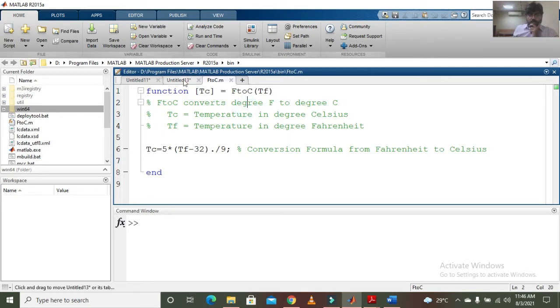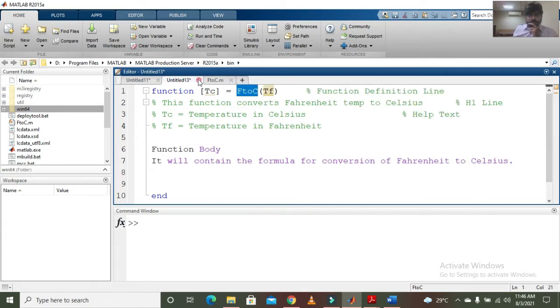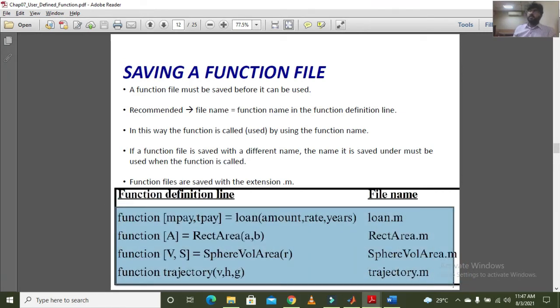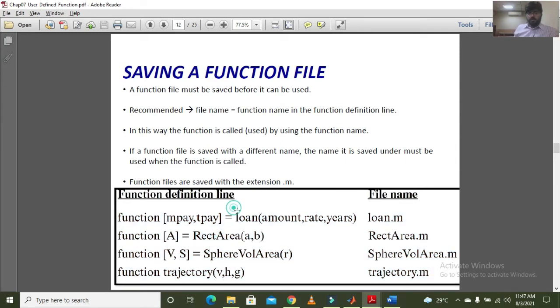Now moving forward, let's say we have some other examples over here as well. For example, if we look at the first one, the name of the function defined in the function definition line is the same, so the file name should also be the same.